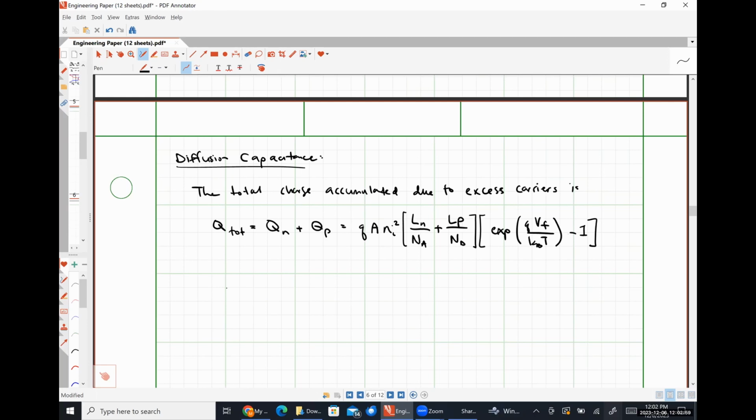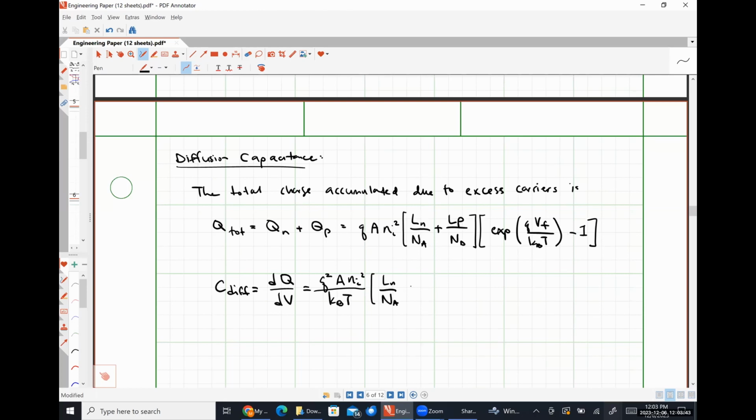Our diffusion capacitance, C diffusion, is going to be the derivative of this accumulated charge with respect to our applied voltage, which comes out to be q squared A n_i squared divided by k_BT times L_n over N_a